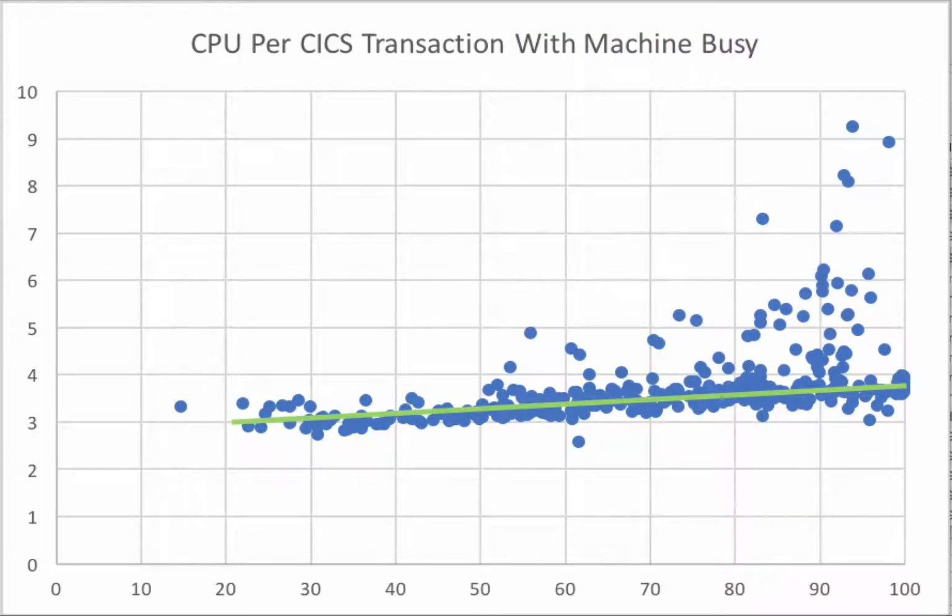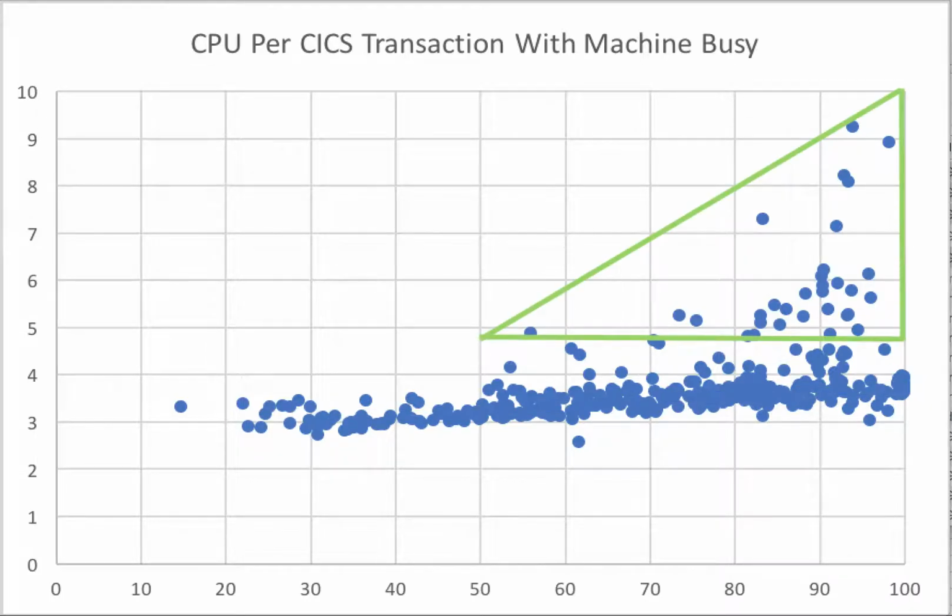Well, one effect you can immediately see is there is a gentle degradation in CPU per CICS transaction as the utilization goes up from, let's say, somewhere like 20% to 100%. And that's the whole machine's busy, by the way, not the LPARs. I also have that. The other interesting effect, which we previewed much earlier on in this series, is that certain